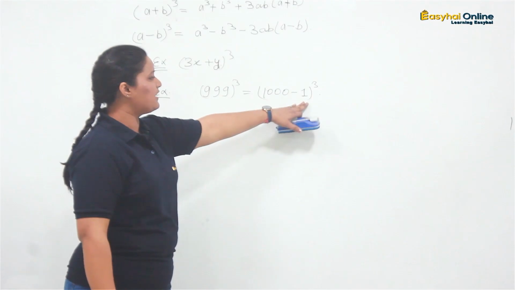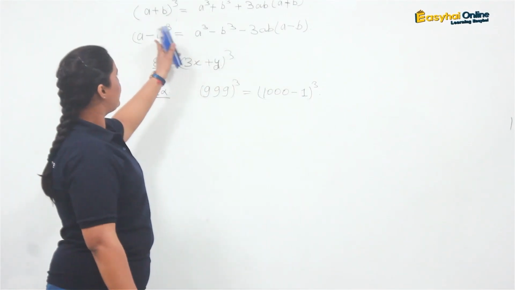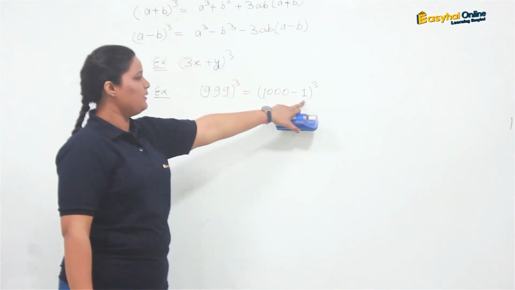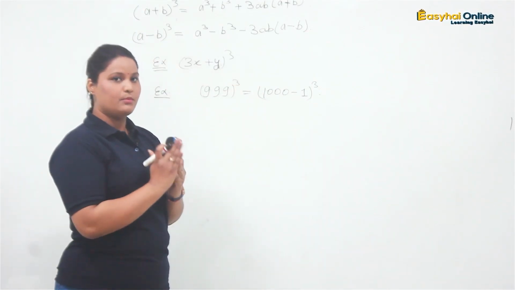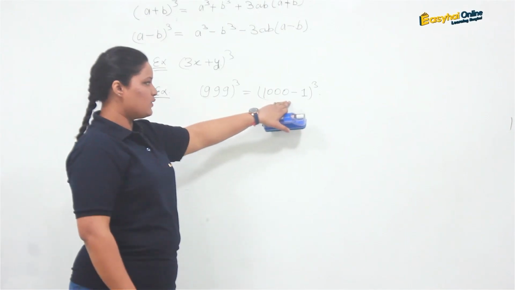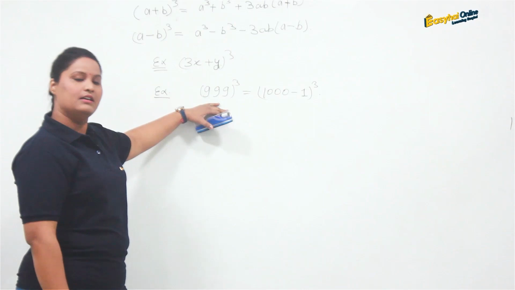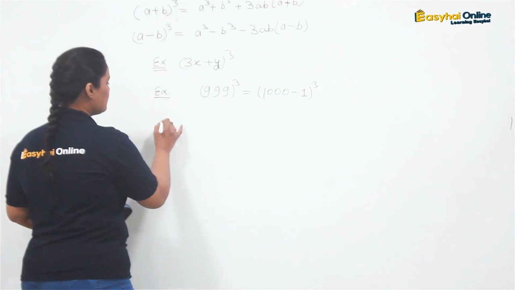And here you can apply the formula of (a minus b) whole cube. Your a will be 1000 and b will be 1. Your calculation will be very easy by using 1000, and here you can find the cube of 999. And in the case of positive, like